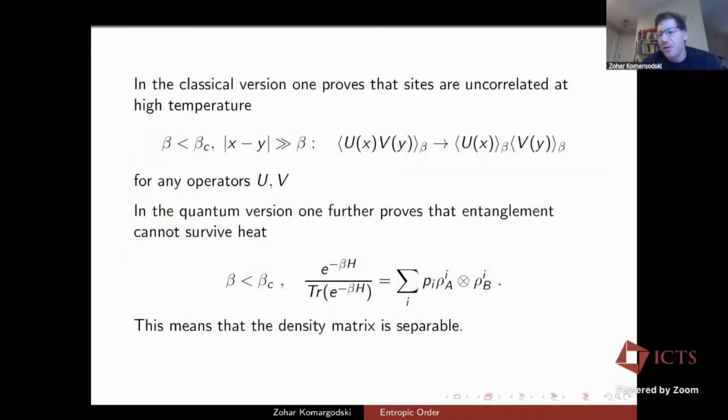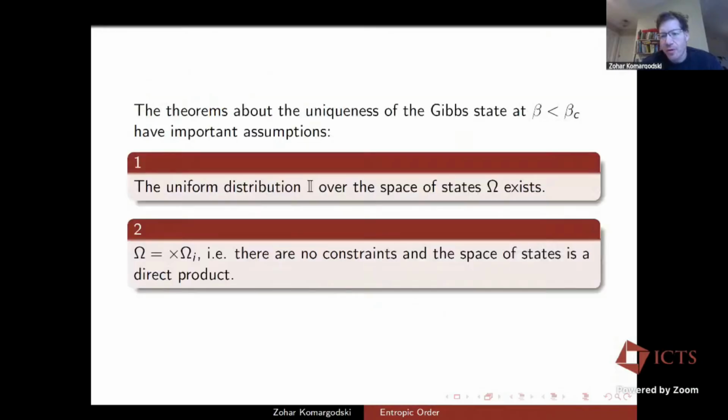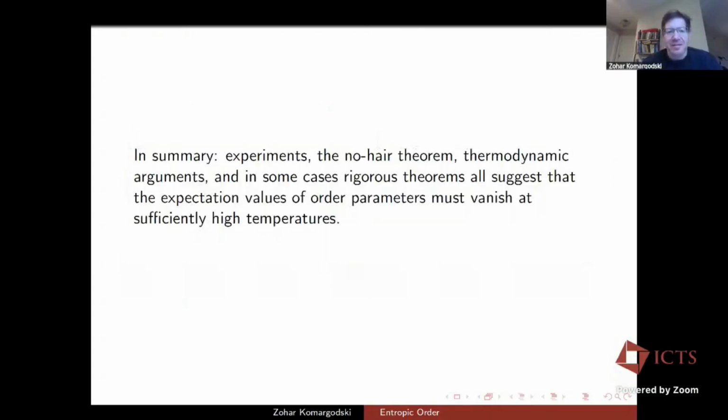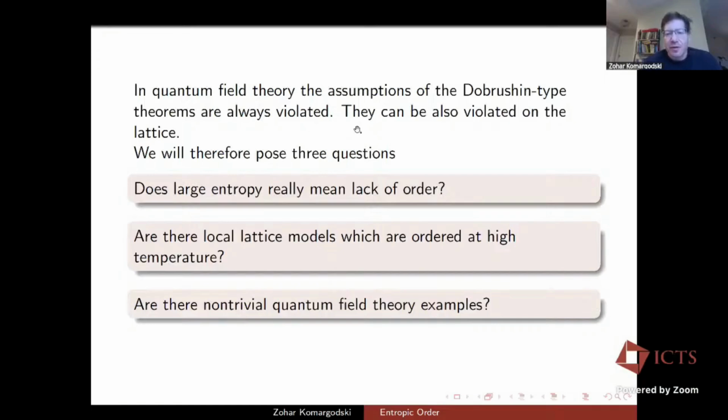Now, as I said, mathematically speaking, both are not true because of these assumptions. You can find counterexamples, and I'll show you some today. Whether somebody can take one of the counterexamples I'll show you today and build a quantum computer or a magnet that never loses its magnetism, we will have to wait and see. But I think the models look somewhat realistic. Okay? So as I said, in quantum field theory, it's always violated. It's also violated in some lattice models. I mean, not the consequences of the theorem. It's still true that most quantum field theories probably don't have order at high temperatures, but the assumptions are violated.